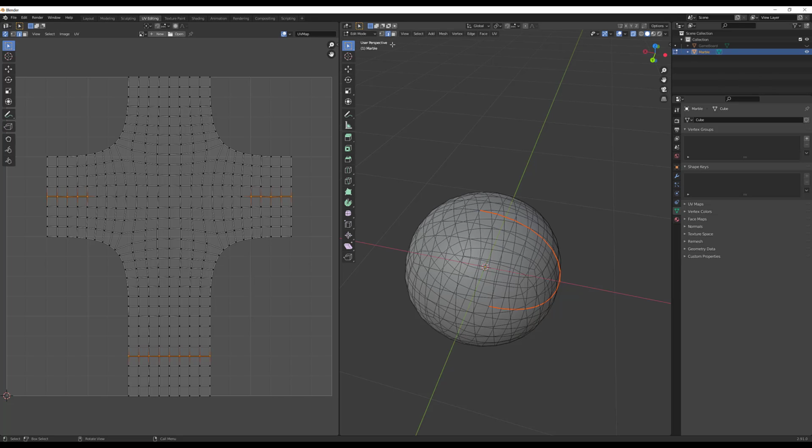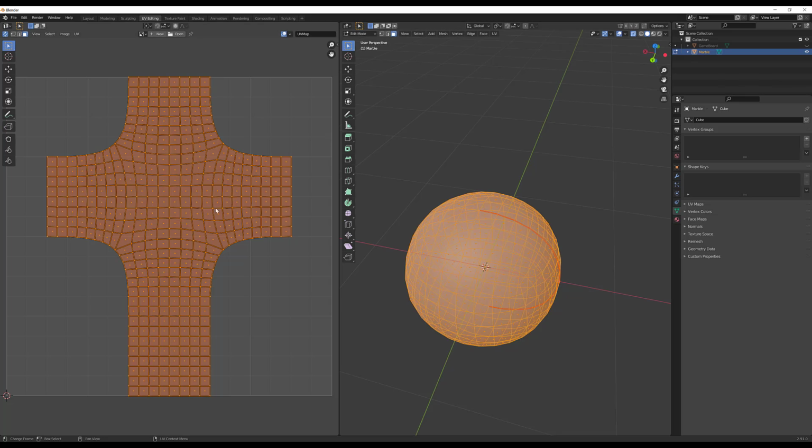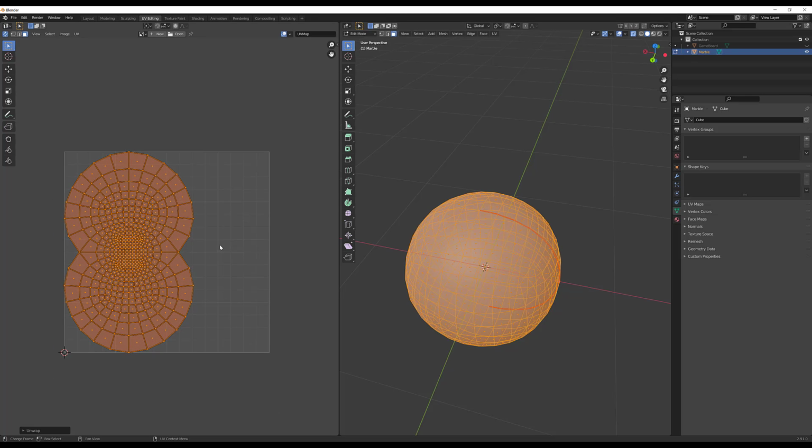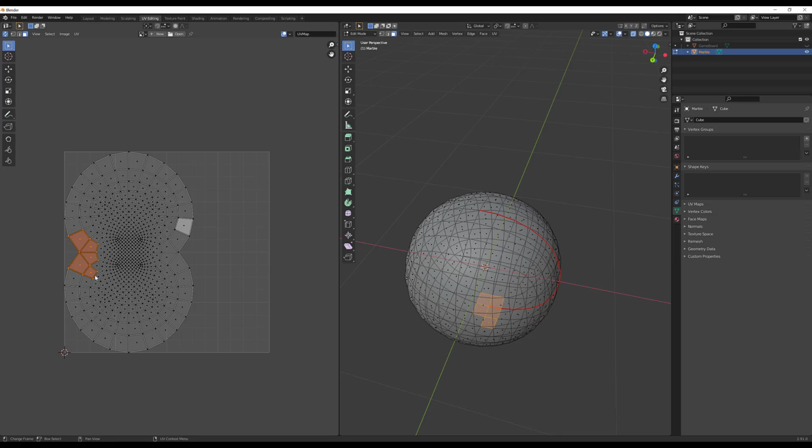So let me go ahead and hit 3 to go to face mode again, or click this. Press A to select all of that. And when I go back in here, I'm going to just hit U in this thing here, and I'm going to hit unwrap. And now you can see that it unwrapped it very much like that Earth example that I was showing you earlier. Now, what I'd like though is this is the bottom, and then this is the top